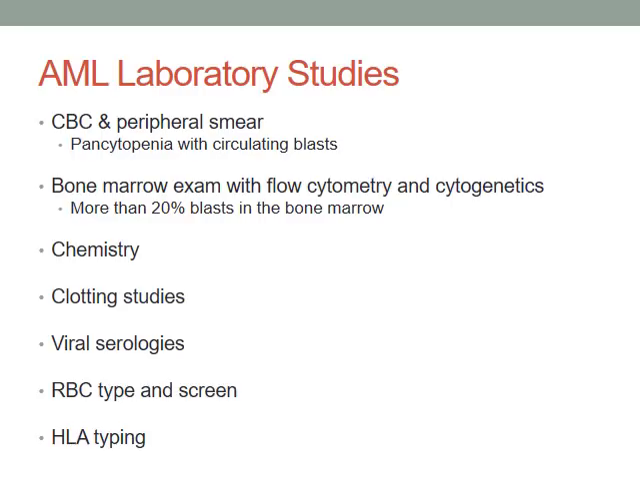Bone marrow is sent for both flow cytometry and cytogenetics, and one of the criteria for diagnosing AML is that there's 20% or more blasts in the bone marrow. Other tests you may order include chemistries. These will include things such as electrolytes, kidney function testing, calcium, phosphorus, uric acid, liver function panel, bilirubin, LDH, amylase,